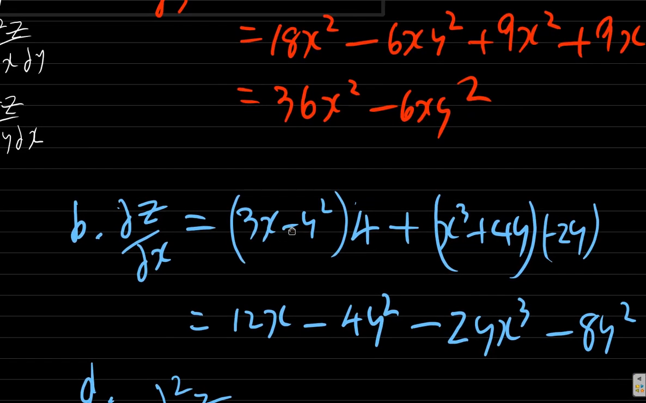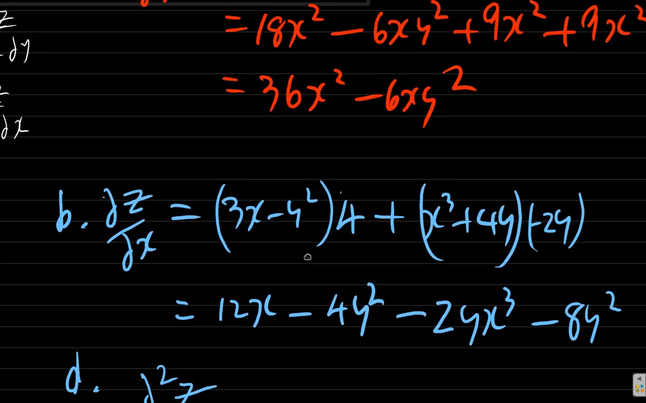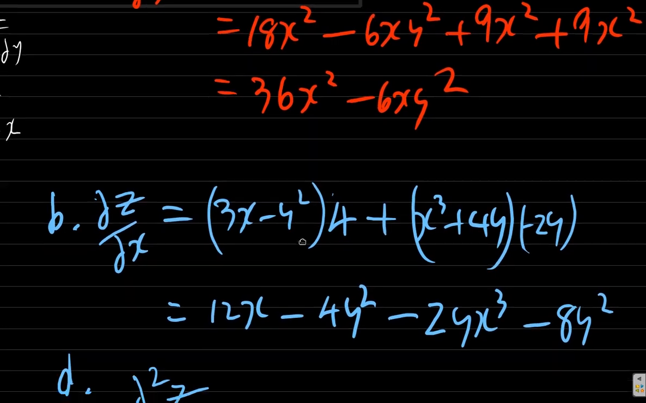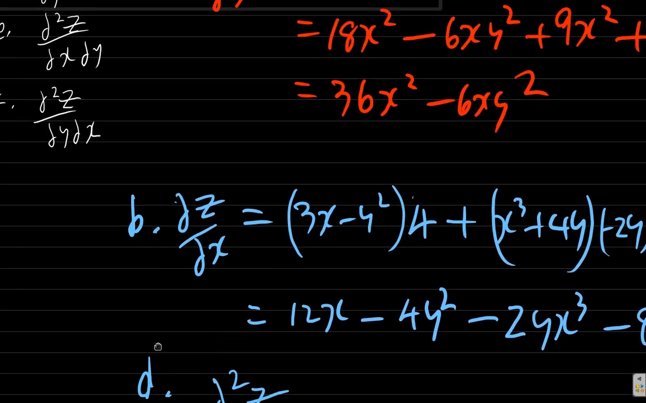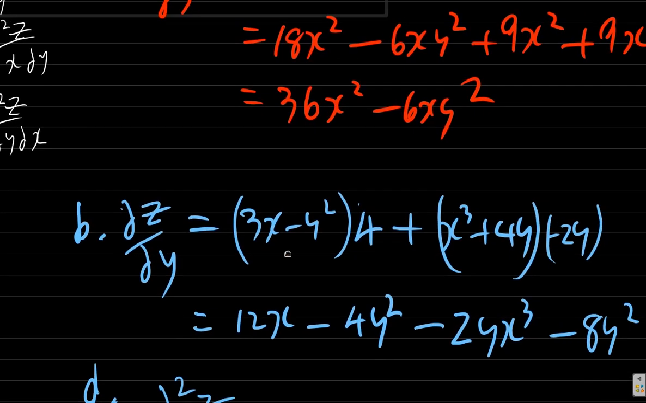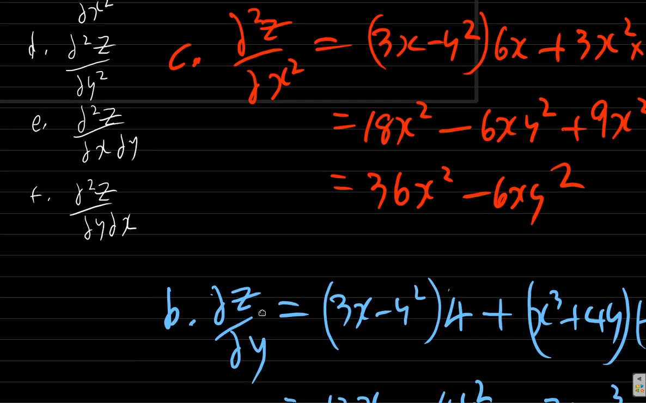This was delta, what was this? Delta z by delta y, it's y. Why do I have x down here? It's not x, it's y. It's y I should have. So delta z by delta y,